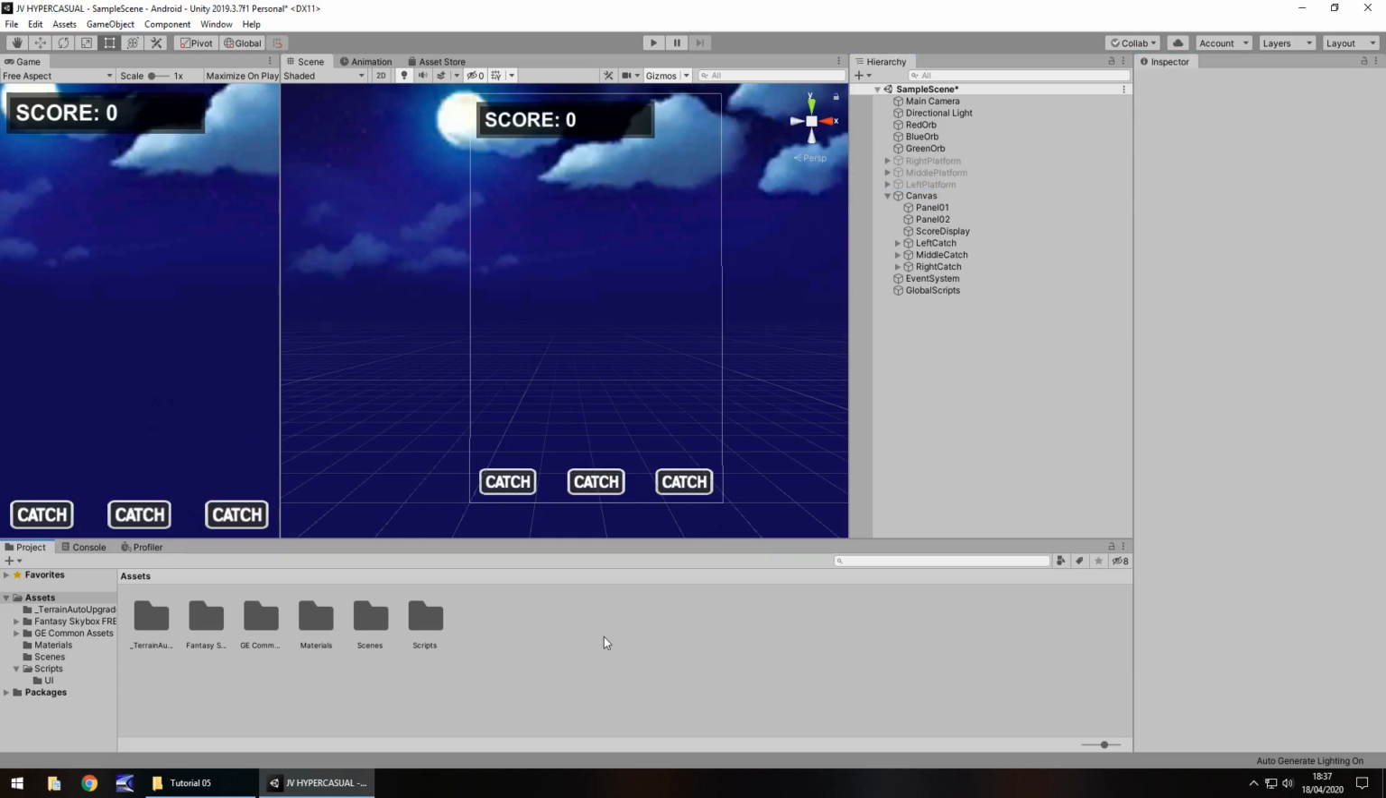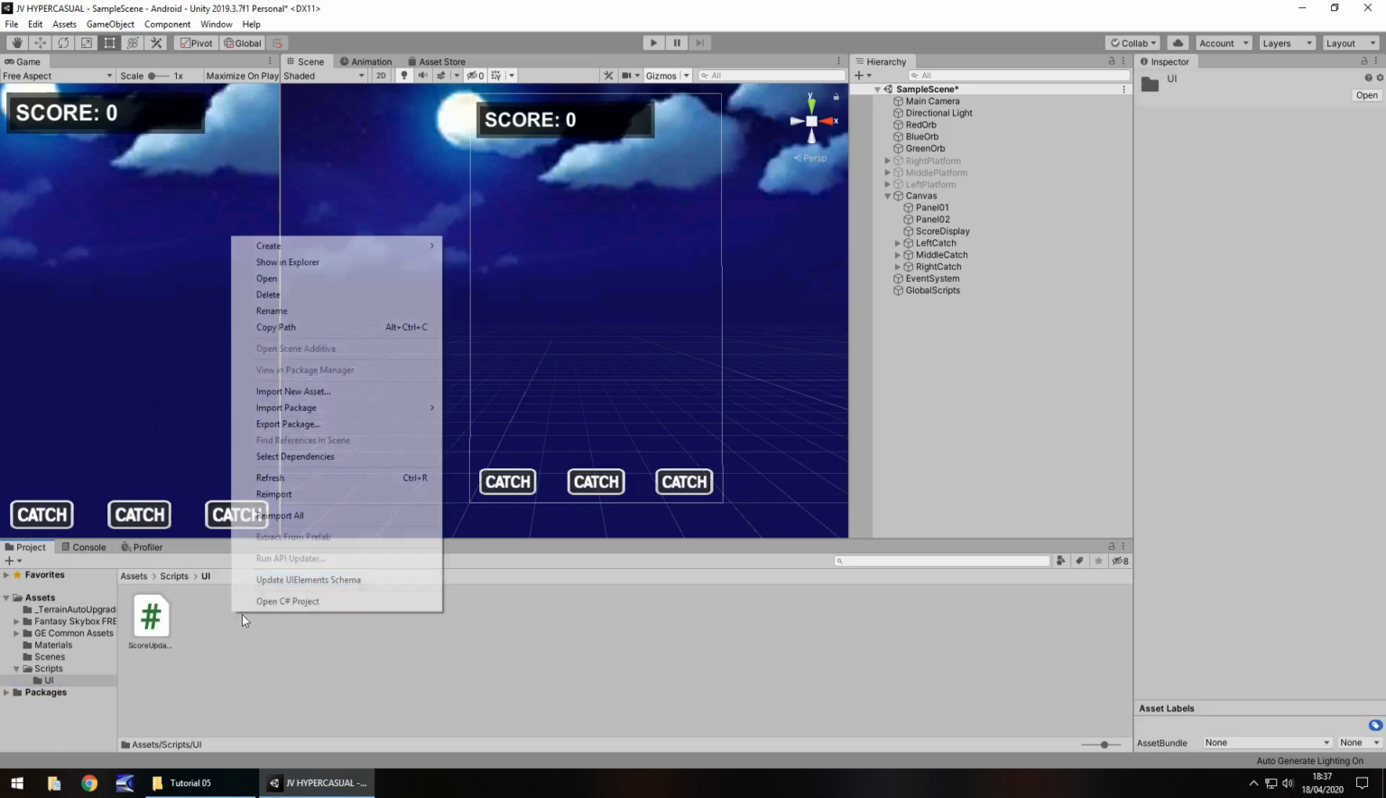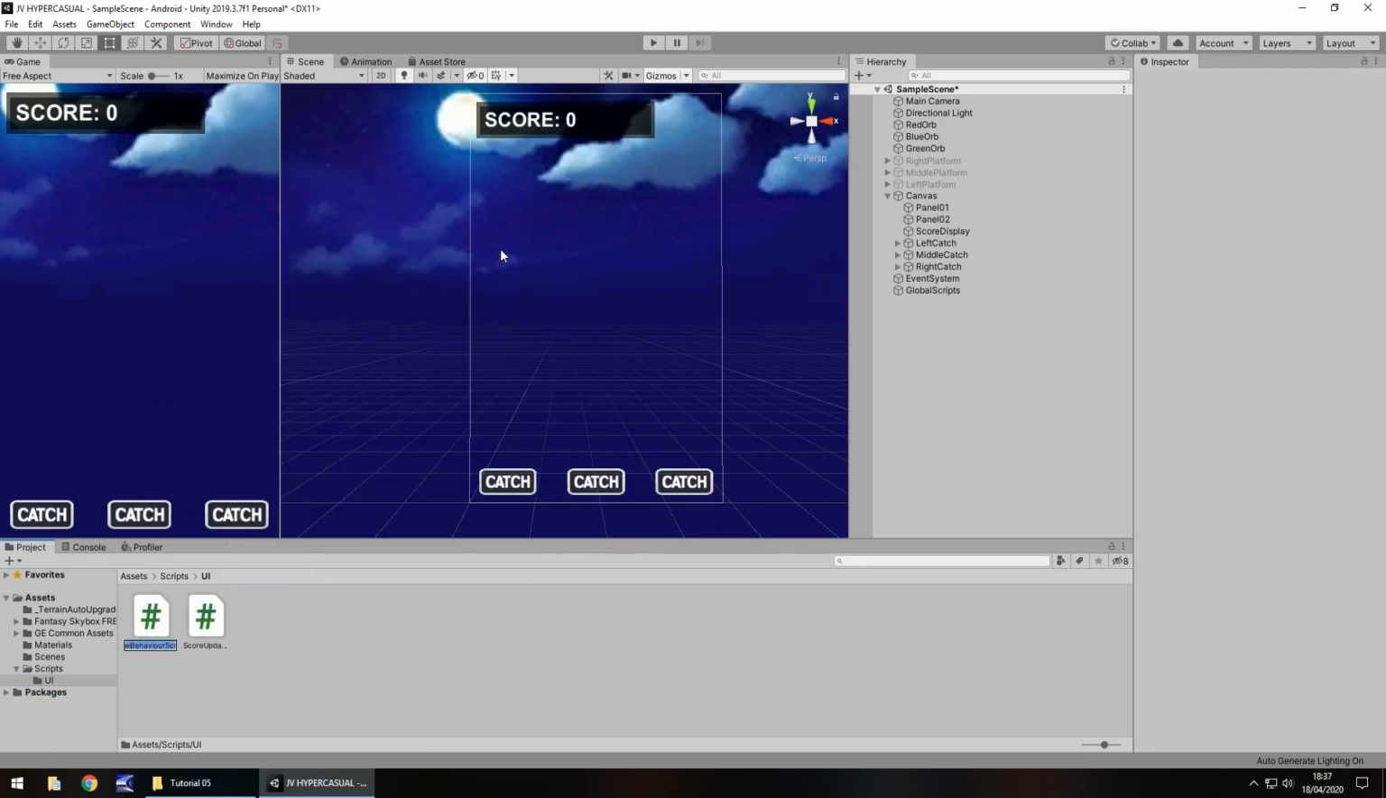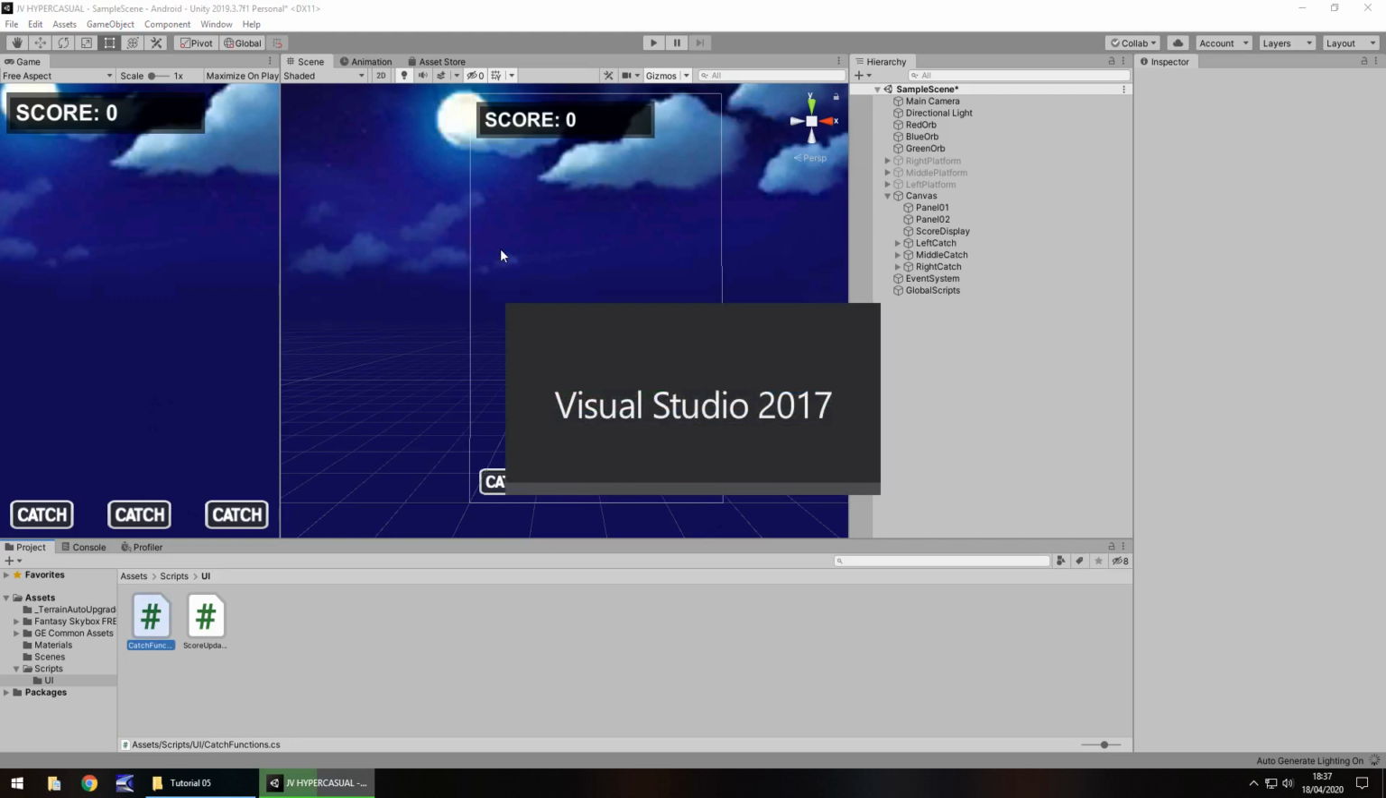So now let's create a script which allows us to make these buttons function. Let's go to Scripts, UI, right click, Create, C# script. And we'll call it Catch Functions. And let's open that up in Visual Studio. And remembering, the script name has to be the same as the class name inside the script. So we have a little bit of experience with how this is working. And although we're going to do a couple of different things in this script, it's not going to be overly difficult. It's just going to be a bit more in depth, a few more lines of code